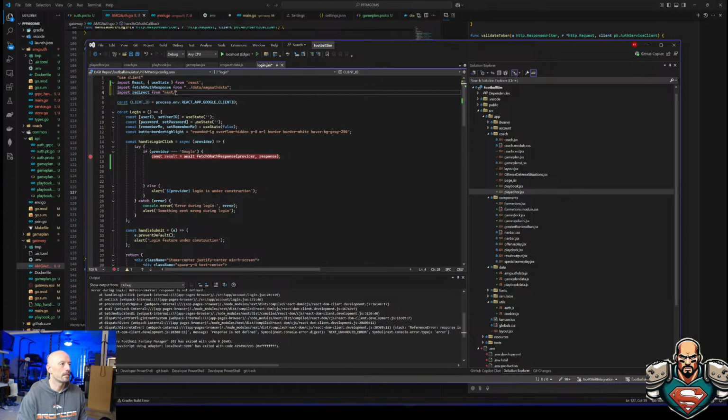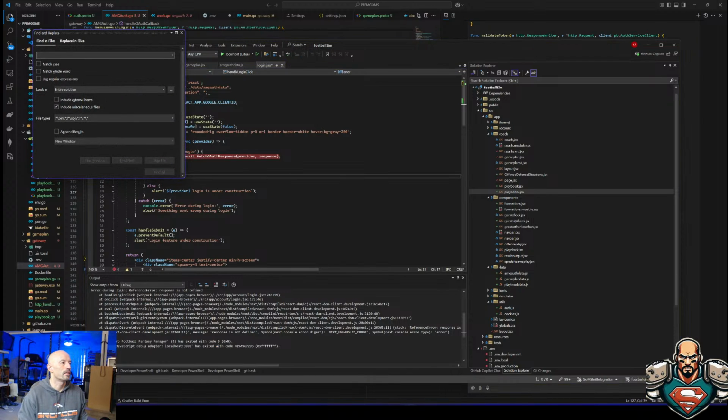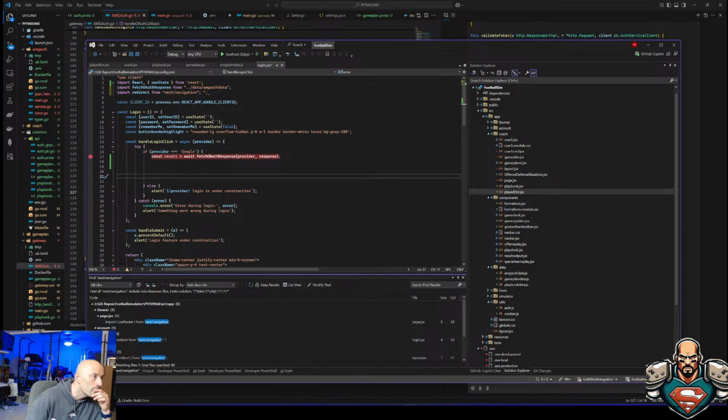Next navigation. But do I want to call it that? I don't know. What is it typically called? Next navigation. Import. Oh, use router?